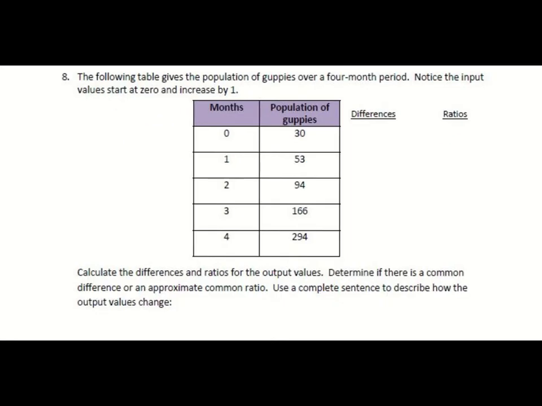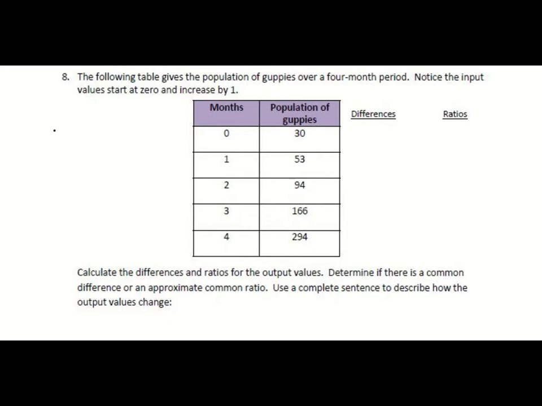Okay, the following table gives an increase in the population of guppies over a 4-month period. Notice the input values start at 0 and increase by 1. Calculate the differences and the ratios. So if I find my differences and my ratios, again, if you want to do the math,